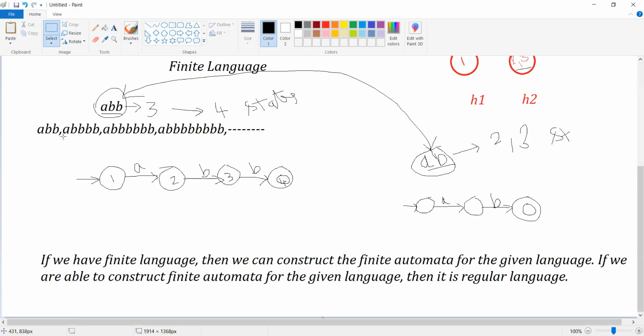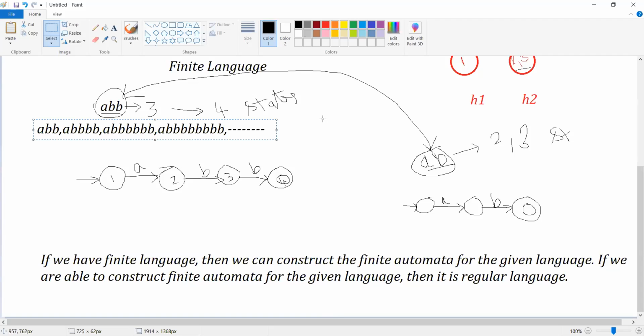If I want to tell whether this language is a regular language or not, then we try to construct the finite automata for accepting this language.